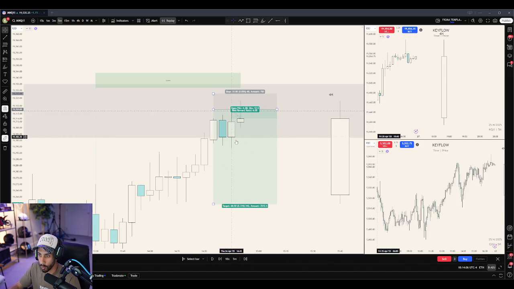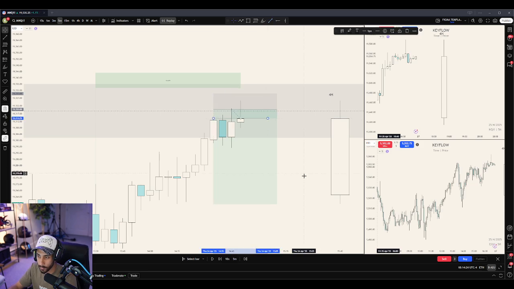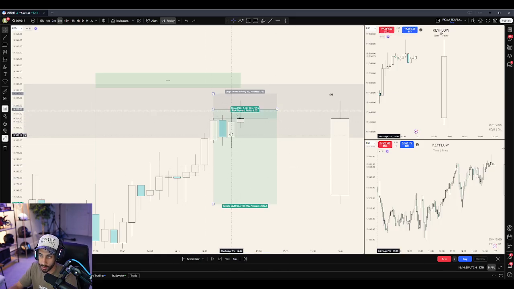We get the sweep one more time. Again, take a look at the bodies, right? What are the bodies doing? The bodies are respecting the CE. This candle at one point was above the CE, right? Because the wick's all the way up here. Where does it close? It closes all the way down here. This is a bearish candle, right? From this high here, there is no closures, zero closures above this high. So this is absolutely engineered liquidity.